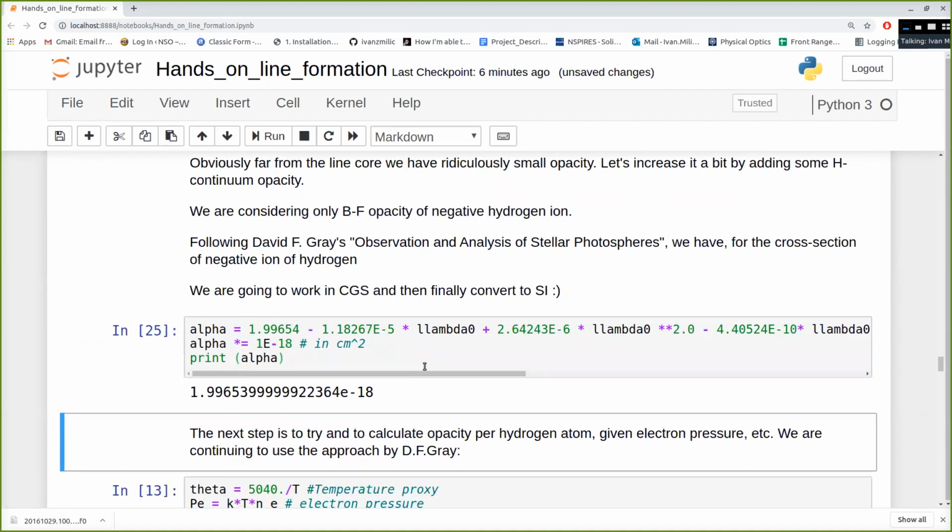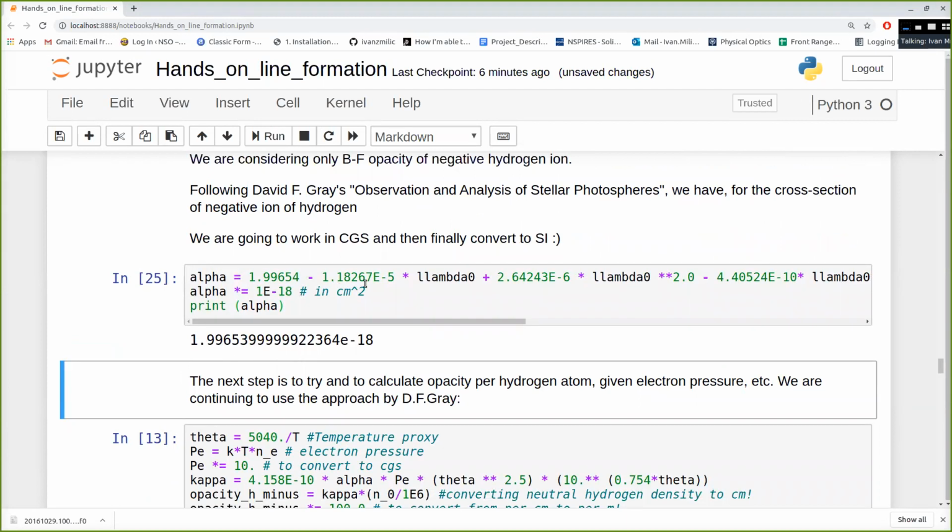So the cross-section is roughly for the wavelength that I'm interested in, which is somewhere around the core of H alpha. Keep in mind that this dependency on lambda is very, very small, so I don't have to calculate it separately for each wavelength point in my grid. I can calculate it only for the line core and apply that everywhere. The cross section for this sort of absorption is something like 2 times 10 to the